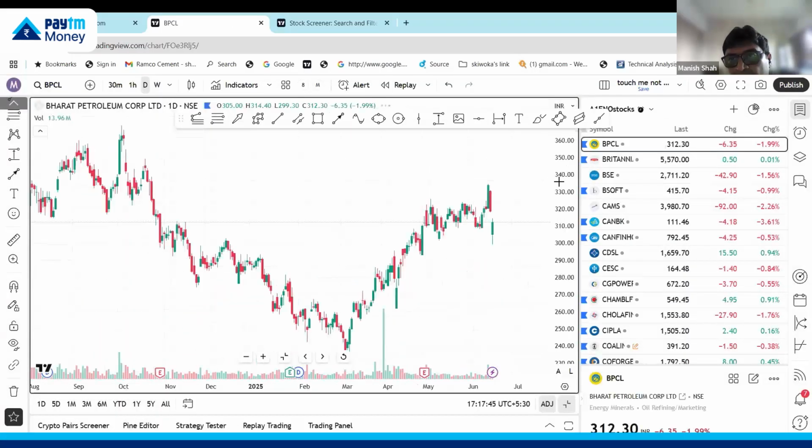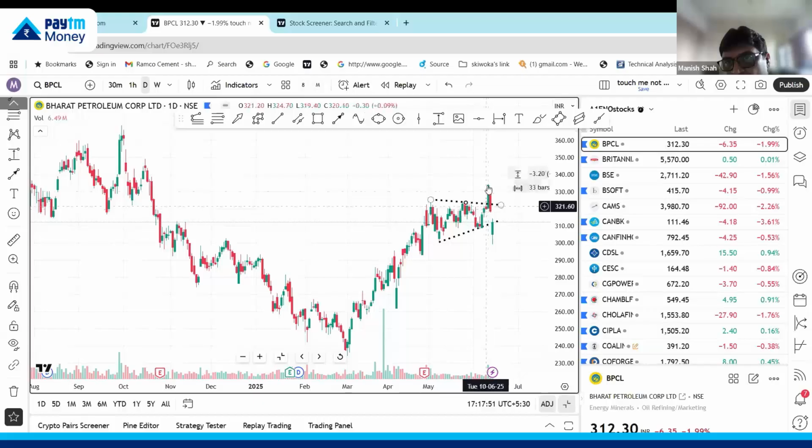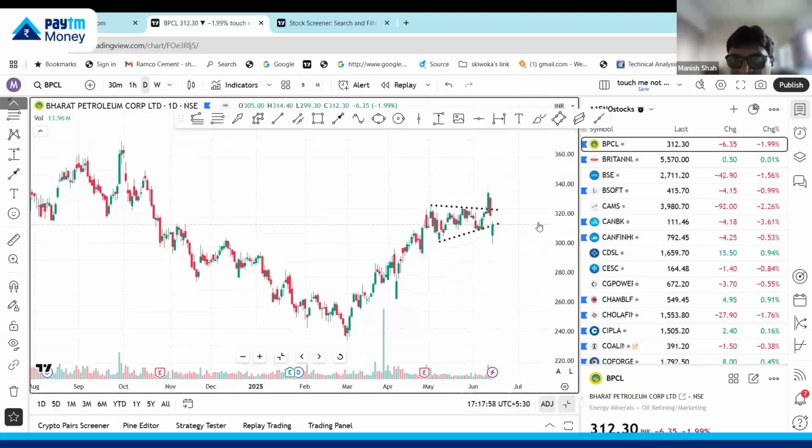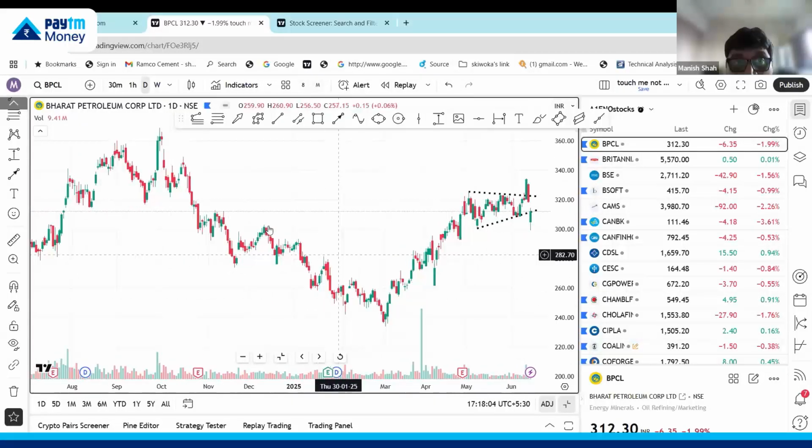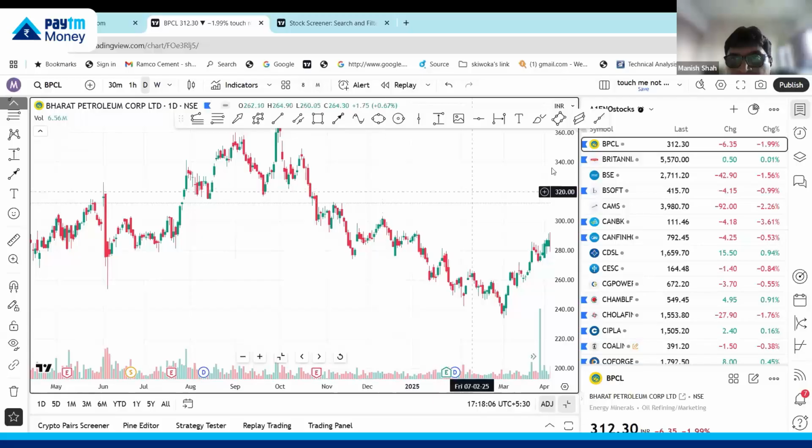Okay, now what do you do? ये देखो, it missed this target by 20 paise. It was a classic breakout of a pennant. Yesterday the market tanked and boom. See, हो सकता है, ऐसा नहीं कि नहीं होता है, it happens and you have to accept it. Okay, so in a downtrend, see BPCL, हम लोग ने uptrend और sideways का ही बात किया,